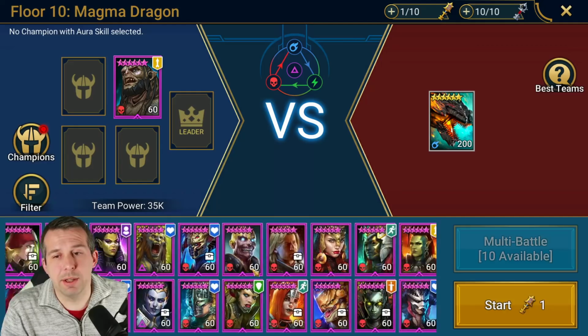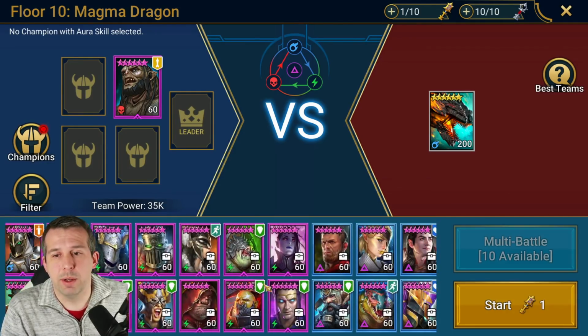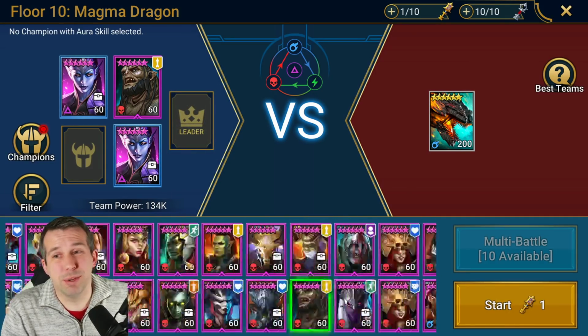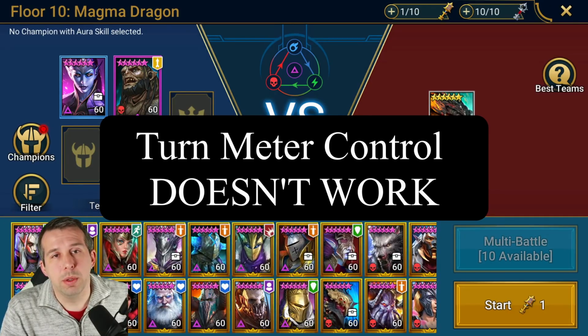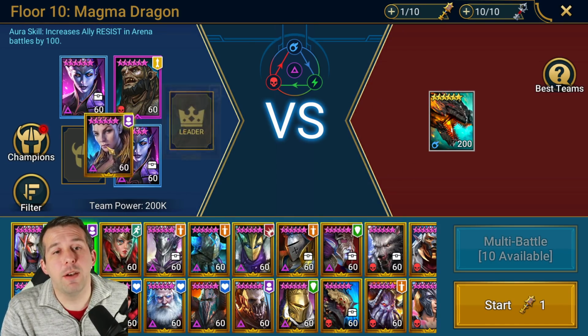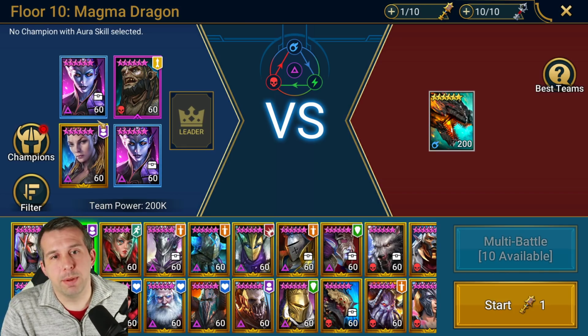So my idea here is I just keep his turn meter down and don't ever let him have a turn. If I can keep his turn meter down, not let him have a go, I might just be able to kill him pretty damn fast. But if that's not doable, then we might need to bring in people that can actually do the protection side of things. And I think the further we get on, the more likely you're going to need to do that. So drop defense and weaken, couple of turn meter slammers, more turn meter control here,